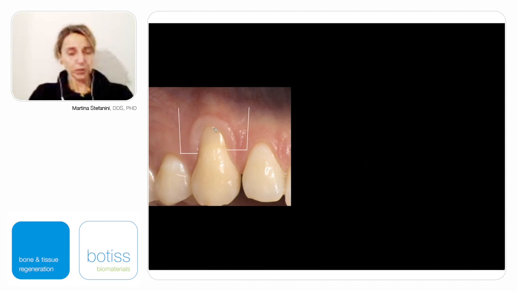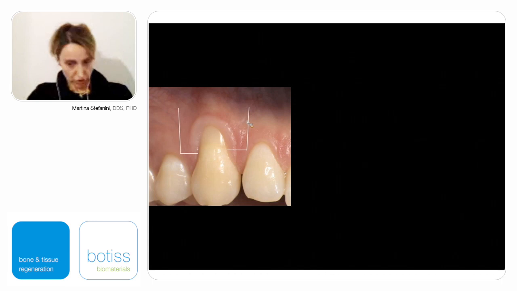Why should we measure the gingival recession plus 1 millimeter and, starting from the tip of the papilla, perform the 2 horizontal incisions? Because this distance represents the distance that the gingival margin should move in coronal direction. So this distance represents the coronal advancement that we need in order to obtain complete root coverage, because at the end of the surgery we want the gingival margin to be 1 millimeter more coronal with respect to the